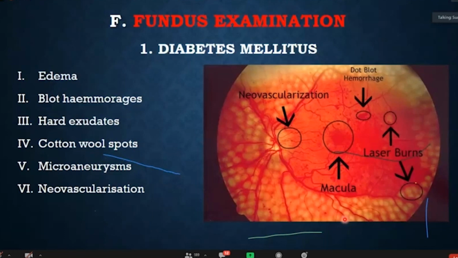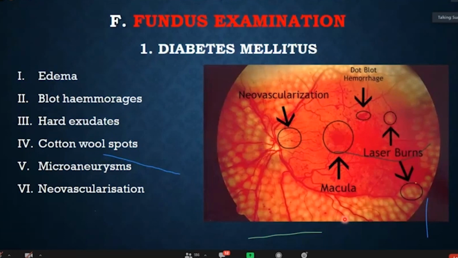So I won't go into detail, but which diseases and what to see, I'll just go into brief. In all cases of diabetes, the earliest feature we see is edema. In diabetes, the first sign to come is edema. Then you get dot blot hemorrhages, soft exudates, hard exudates. Cotton wool spots are one important finding, and then microaneurysms, and finally neovascularization,